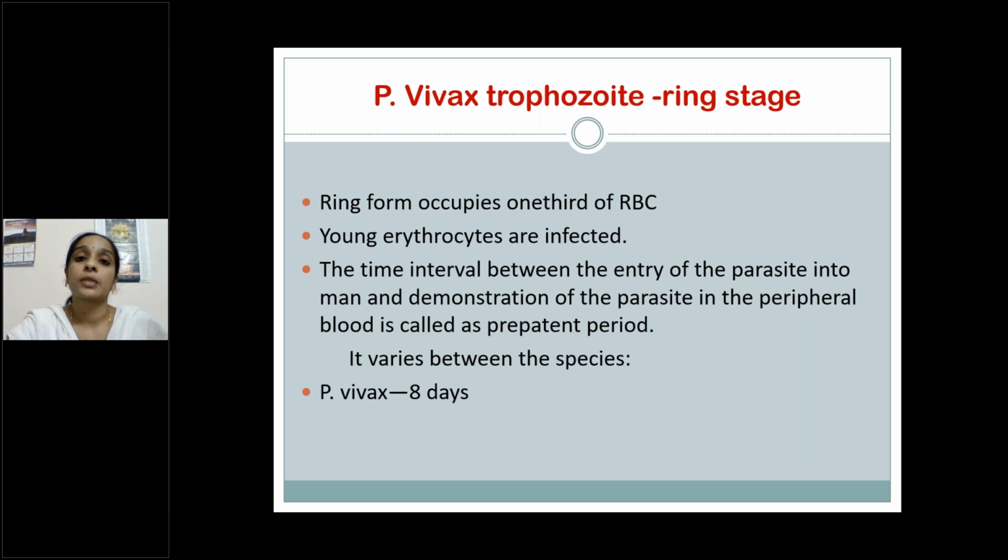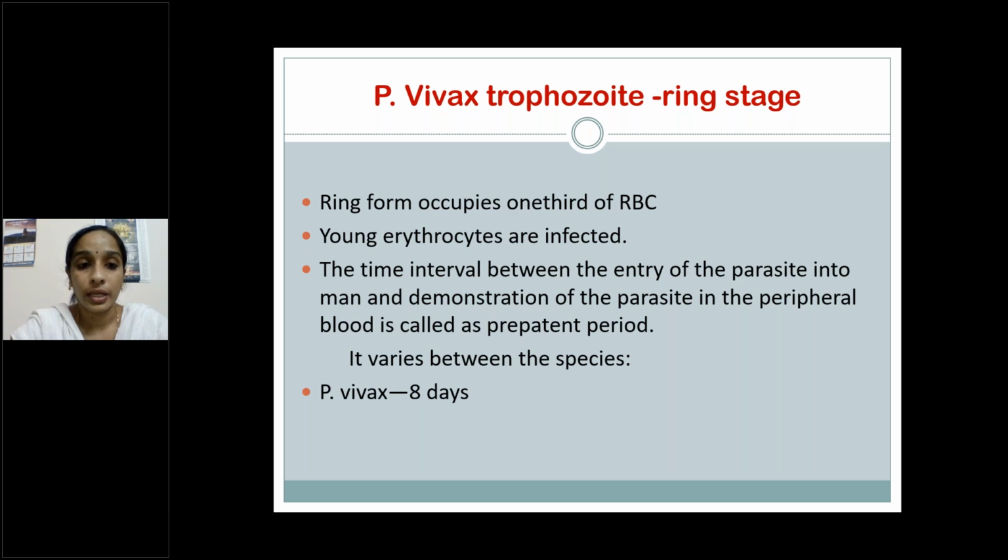In case of Plasmodium falciparum, it will occupy 1/6 of the RBC. This occupies 1/3 of the RBC in case of vivax. These are the major differentiation points between the ring stage trophozoite of Plasmodium falciparum and Plasmodium vivax. Plasmodium vivax can infect only young erythrocytes. Plasmodium falciparum infects all age groups of erythrocytes, but vivax infects only young